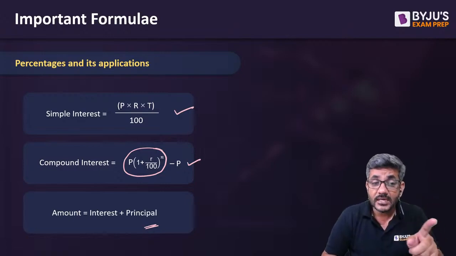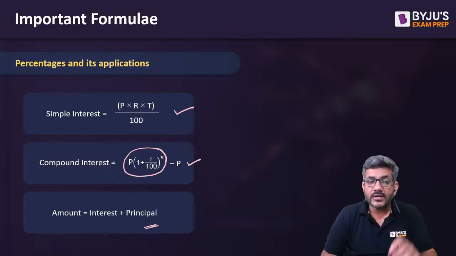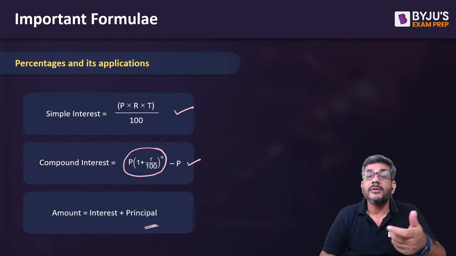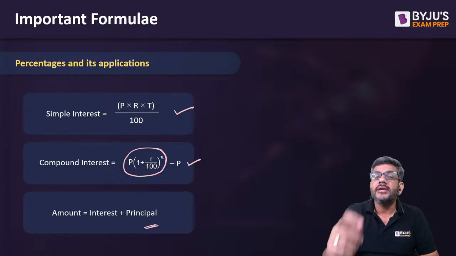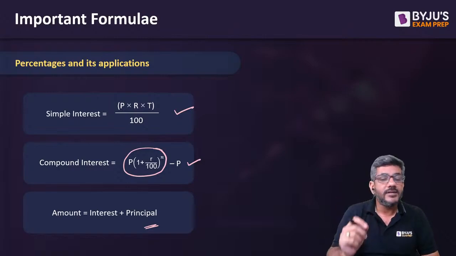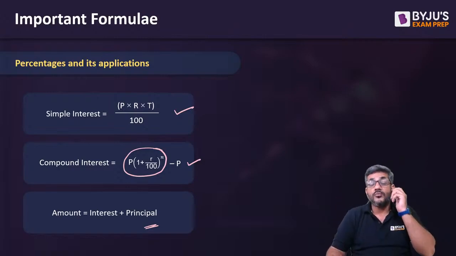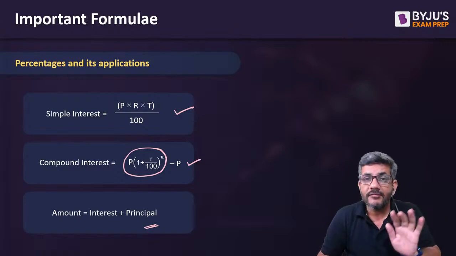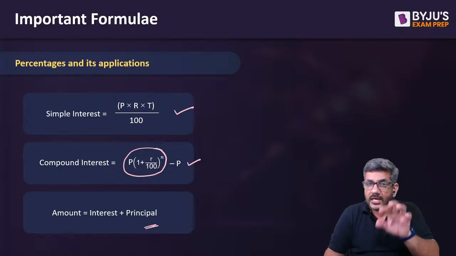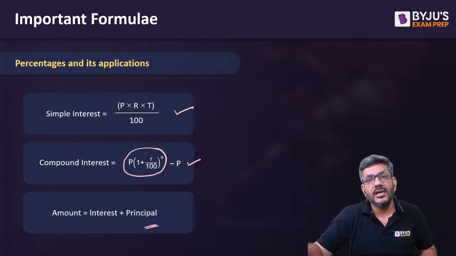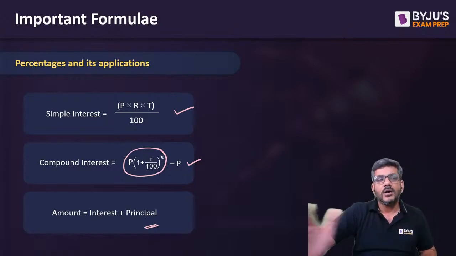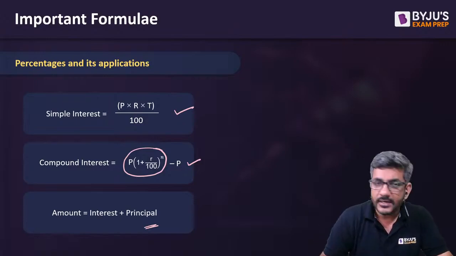ये mistake मत कीजिएगा. और यहां पे in case of compound interest, the power n that represents the number of time periods here, those number of time periods should be in integers. If it is in decimals, for example, if it is talking about 2.5 years, तो आप वहां 2.5 नहीं लिख देंगे, you will write 2 there. You will calculate the amount after 2 years. For half a year you will calculate separately as simple interest. That's how you calculate in case of compound interest only.